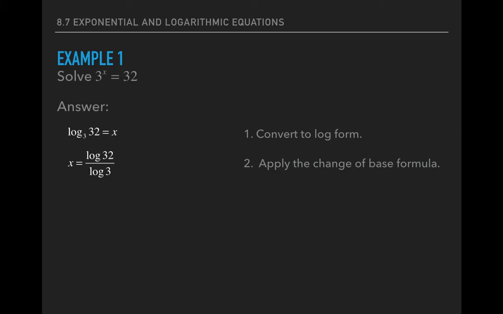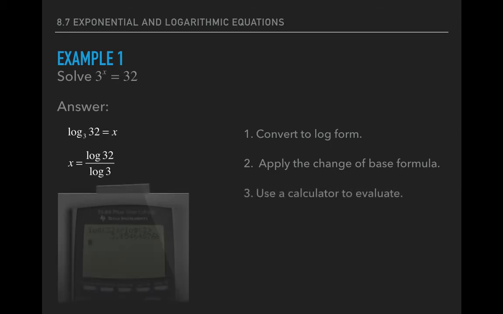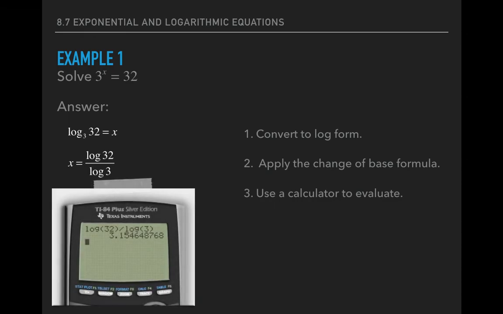You're not going to be dividing 32 by 3. It's log of 32 divided by log of your base going in the bottom, which is 3. And then you use a calculator. It would look like this. You would take log 32, make sure you close up that parenthesis, and then divide it by log of 3, and that will give you